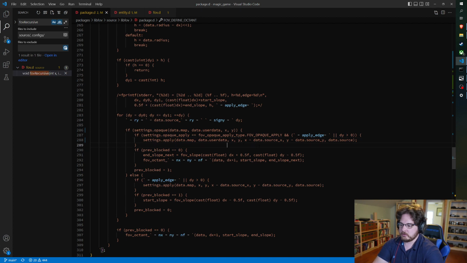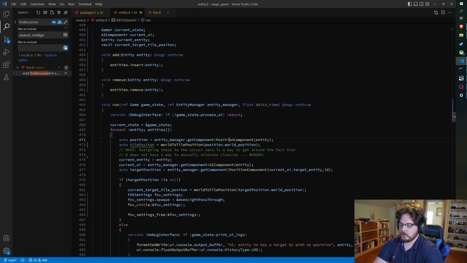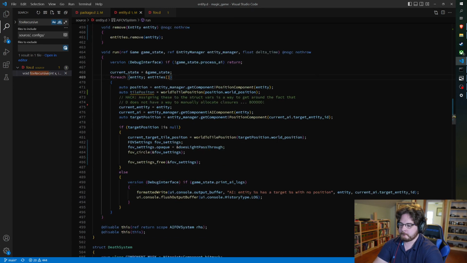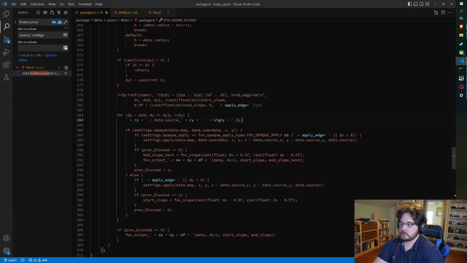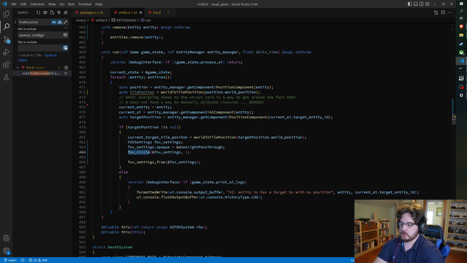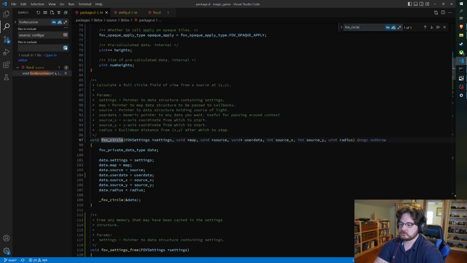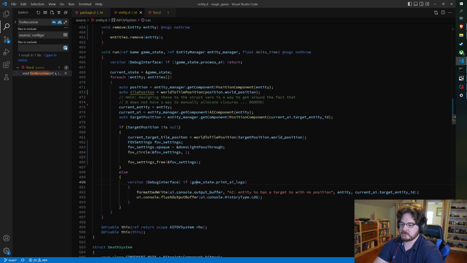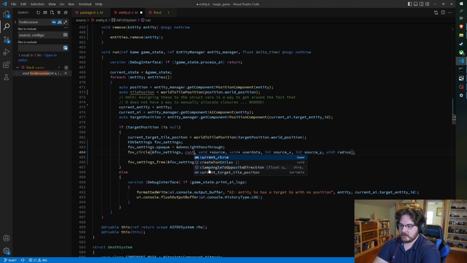Okay. So now what we can do is when we call FOV circle, so let's see. FOV circle, you need the settings. So I'm just going to copy this. Need a map pointer. So pass void pointer